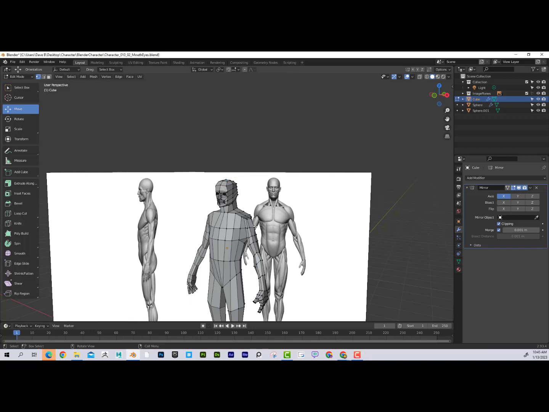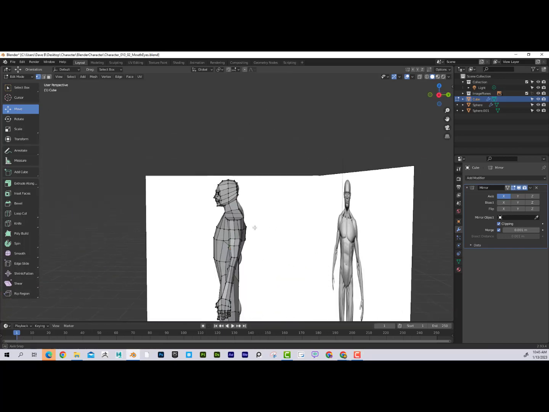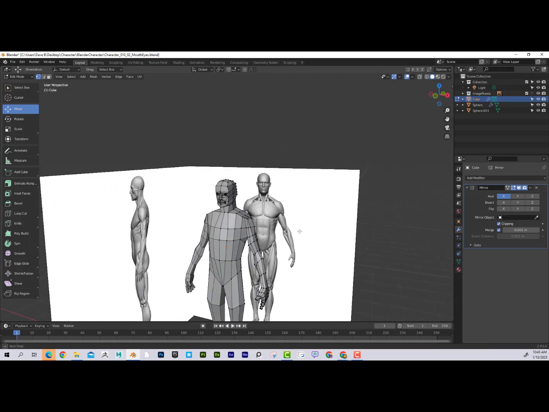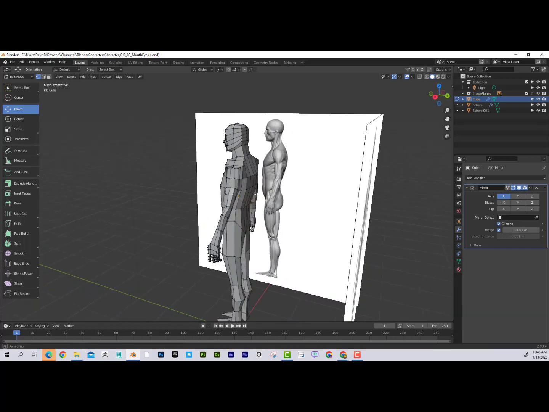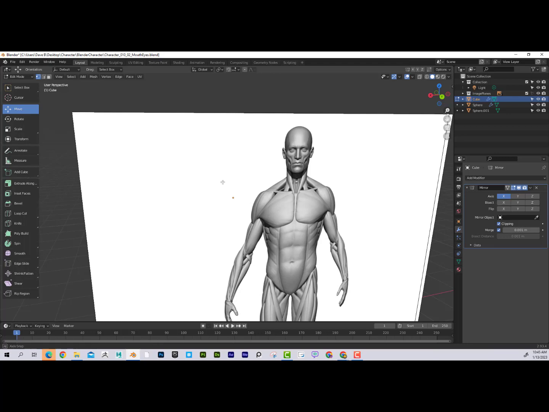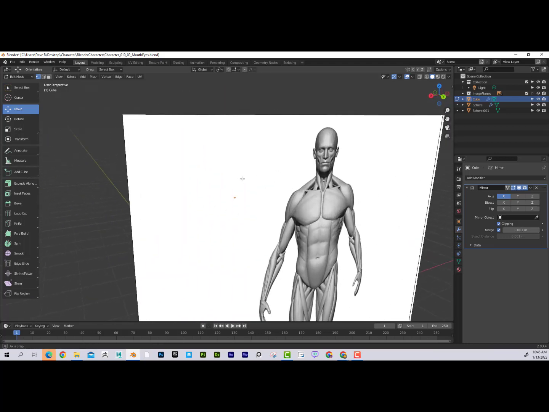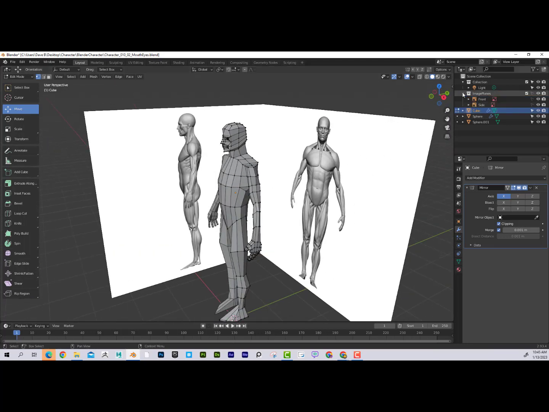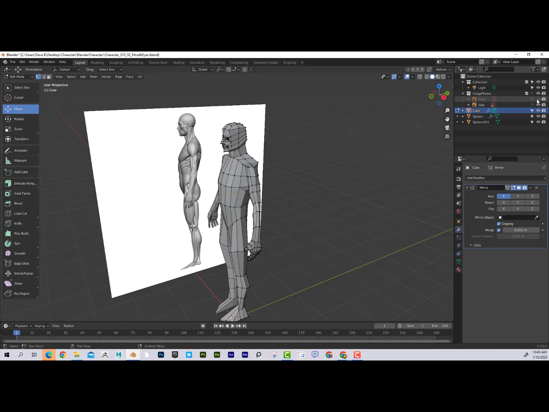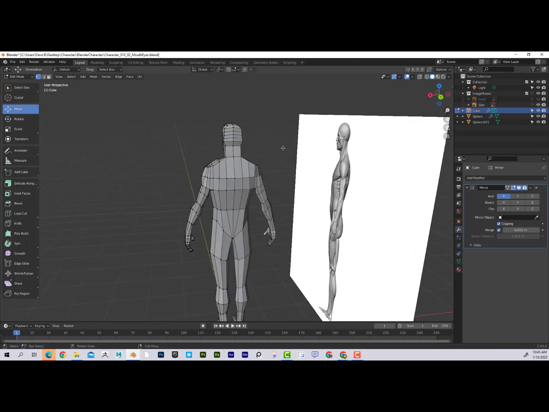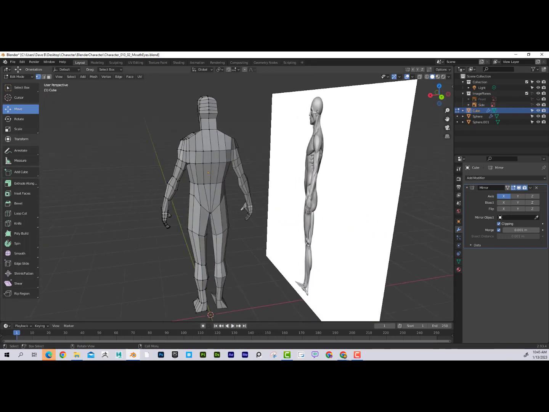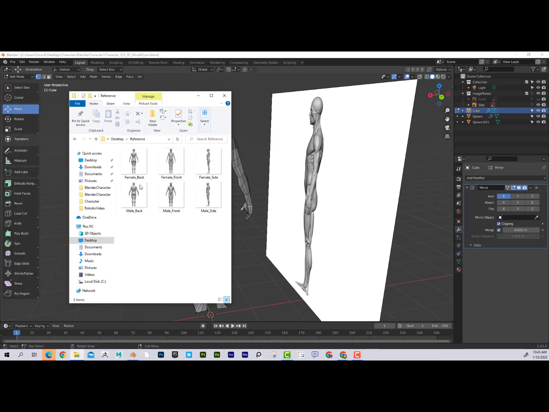Now I'm going to want to work on the back side of the character. Okay, so for that, you'll notice that when I rotate around, I see the character here, or this image plane gets in the way. So I'm going to open up my image planes, and I'm going to hide the front view. Okay, and I want to put another image in, and you can see that in my reference, I have some